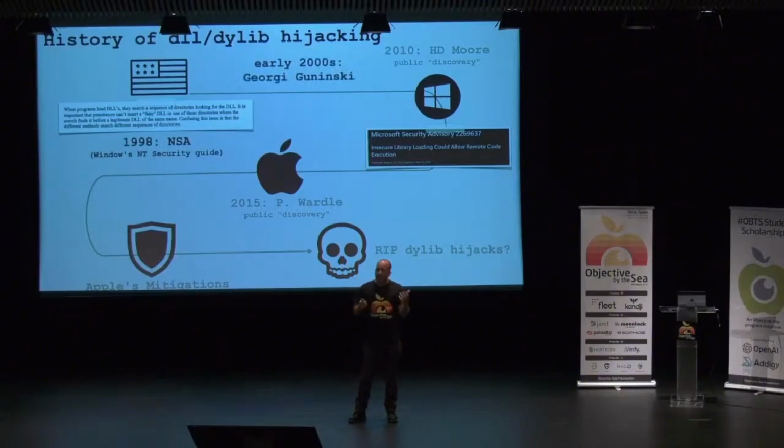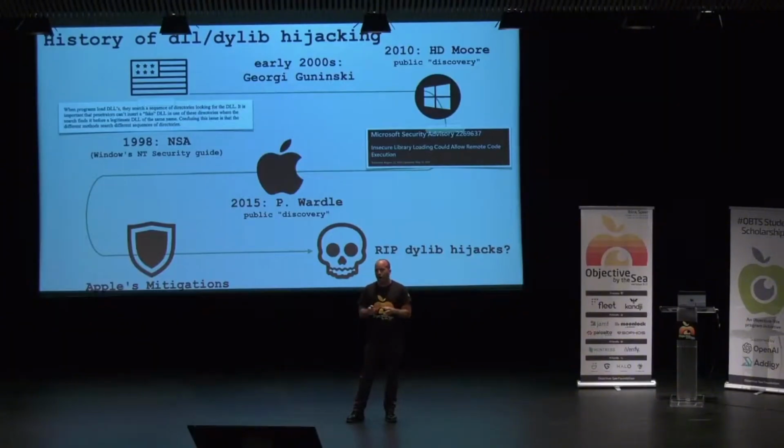Now, Dylib hijacking, or more generically, library hijacking, has a very long history. So I think it's very important for us to first start by talking about that. So it starts all the way back in 1998, where everyone's favorite intelligence agency, the NSA, actually publicly released a document talking about this very issue on Windows. A few years later, an individual kind of noticed this and posted a blog post about it. Really wasn't picked up until 2010, when H.D. Moore really made a public discovery, and Microsoft published, which is now a very much referenced security advisory talking about